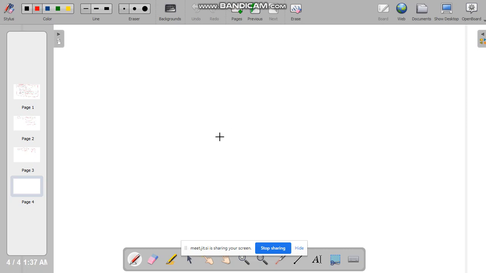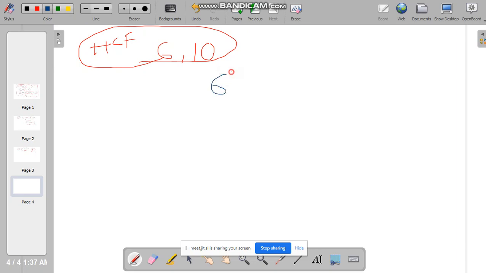Now I will tell you how to solve the HCF. For example, the numbers 6 and 10 are there. They will give the question to find the HCF of these two numbers. How to solve that? Anybody knows? Do you know how to solve? Out of two numbers, one number should be the minimum number and the other number must be the maximum number. Yes or no? Any two numbers, one number is minimum and one is maximum. Now you know how to divide that number. Write the minimum number.